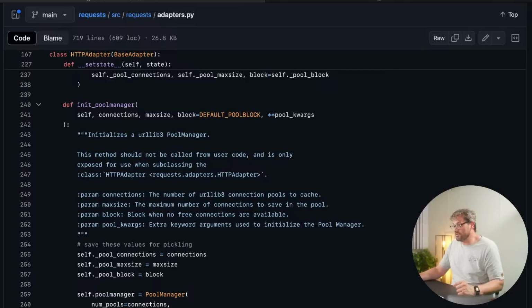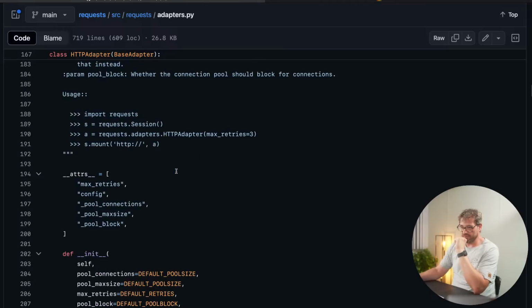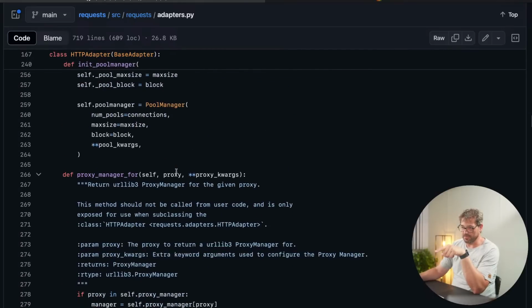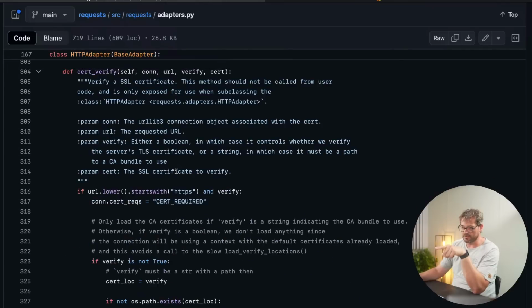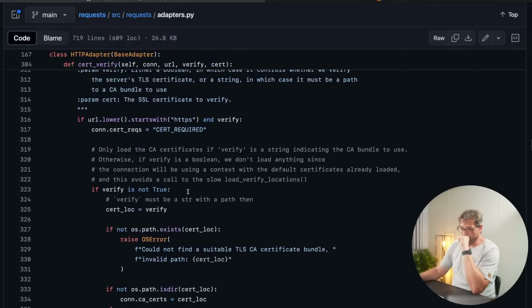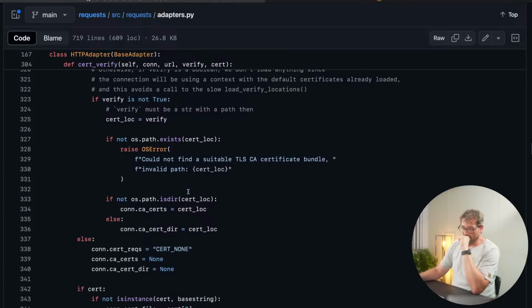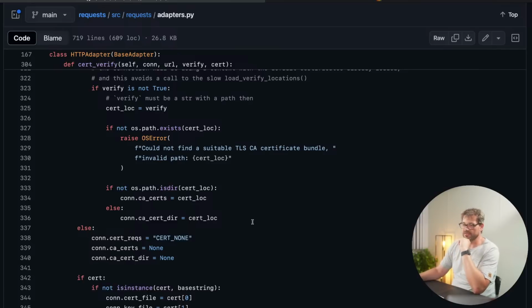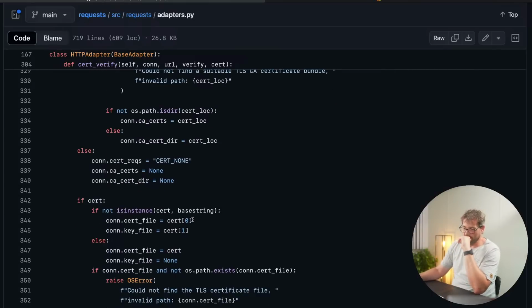Let's see, Dustin asks, why not just use certificate path, and if the path is None, then there is no certificate? Yeah, that's also another way to do it. So then you don't need the Boolean value, and if you supply the path, then it's there. But I think why the requests library probably does it like this is, let me look up the code again where the check is for the certificate verification. Yeah, I think there is some different behavior depending on whether it's a directory or not, and maybe that's why they decided to do it like that. I'm not entirely sure, but